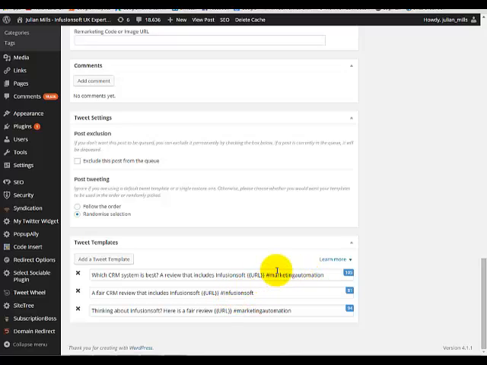So when people go onto Twitter and start searching for Infusionsoft, my tweets will appear, and you vary these to give it a variety. If I've got 200 blog posts and I create 3 templates for each one, I'm now up to 600 individual tweets that will be going out, all through the system. And I defy anyone to find out that that was automated. So that's the first layer of my Twitter automation I'm using,